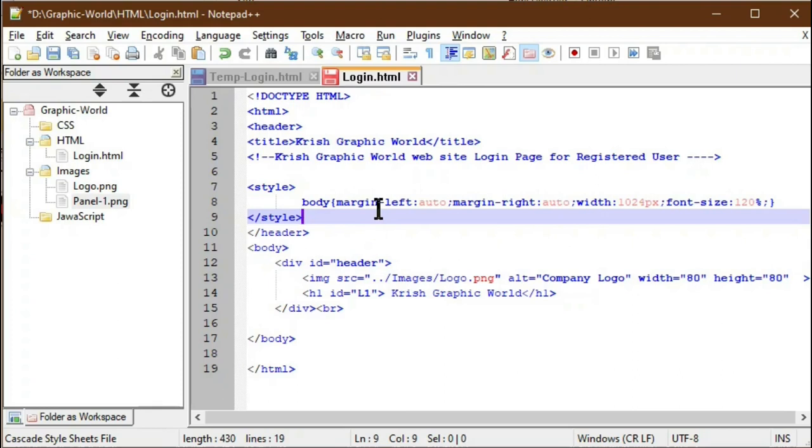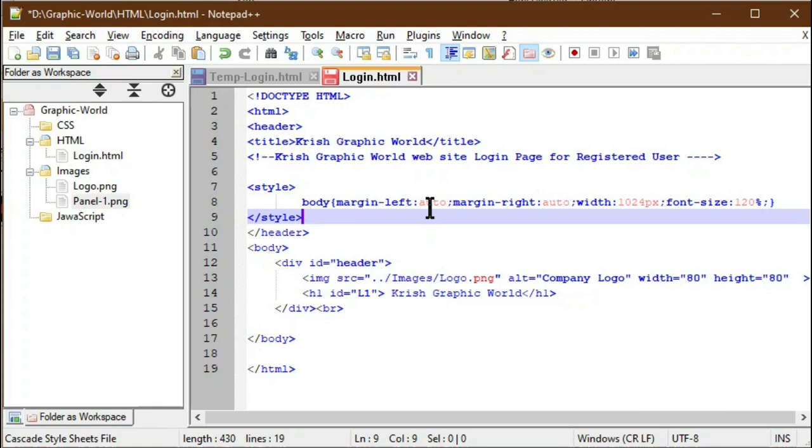In the body area, it shows the margin-left attribute in blue color and the value in light orange color. In the same way, the entire code section is changed to a different pattern. Since we have selected a different language, Cascading Style Sheets, the HTML content is also changed to the Cascading Style Sheet format. To avoid this confusion, normally we use only an external style sheet for the CSS.